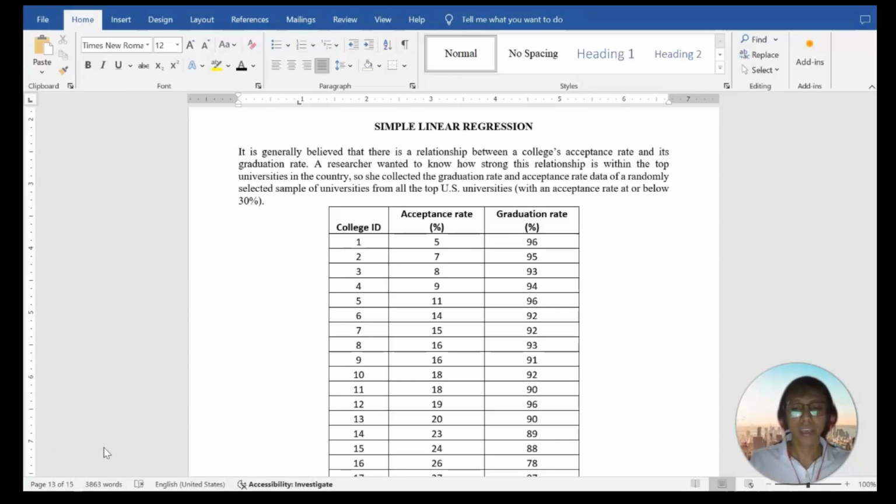So the equation is y, or the dependent variable, equals beta 0 plus beta 1 times the independent variable. So we will use this data from Pearson R for our simple linear regression.